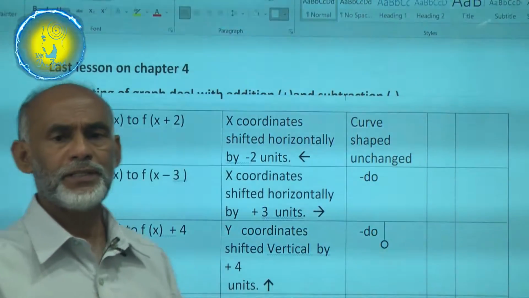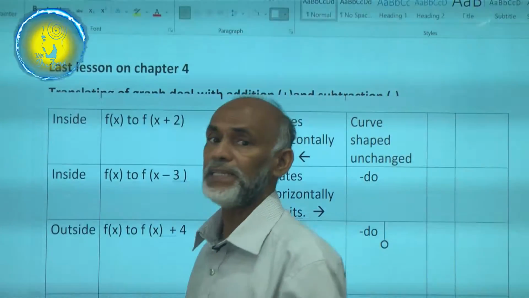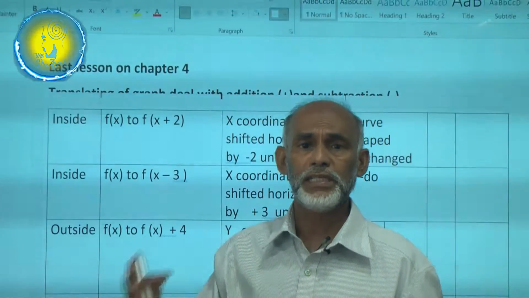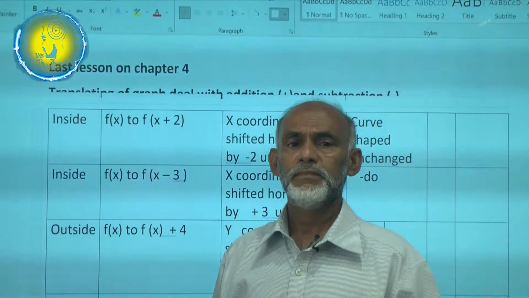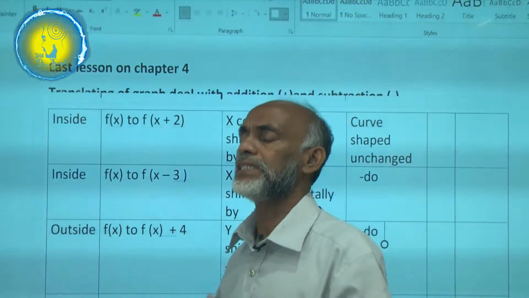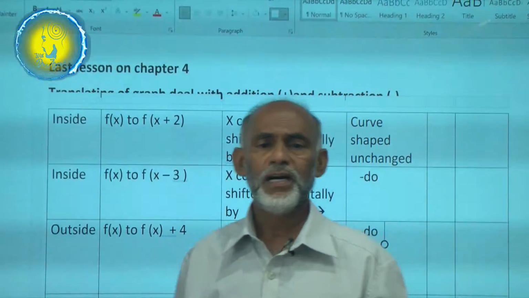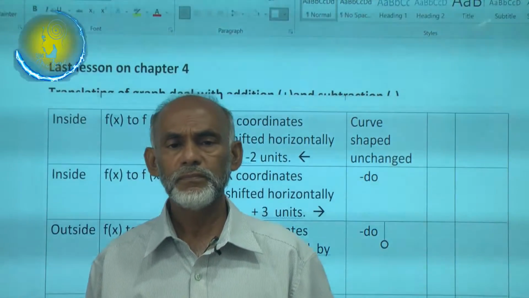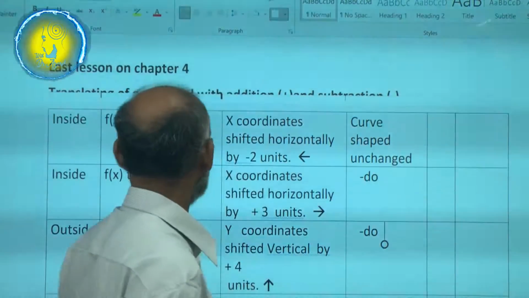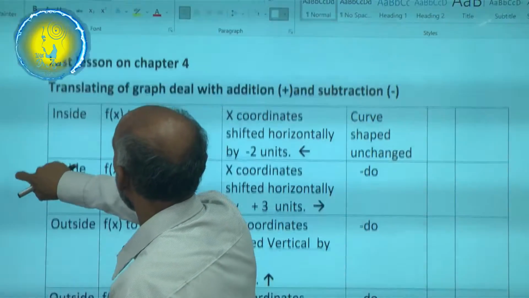I have formulated a tabular form which will enable you all to easily identify how this translation of curves can be done. Although the book explains, it doesn't tabulate how to guide you to translate a curve. Let's start from here. Translating a graph